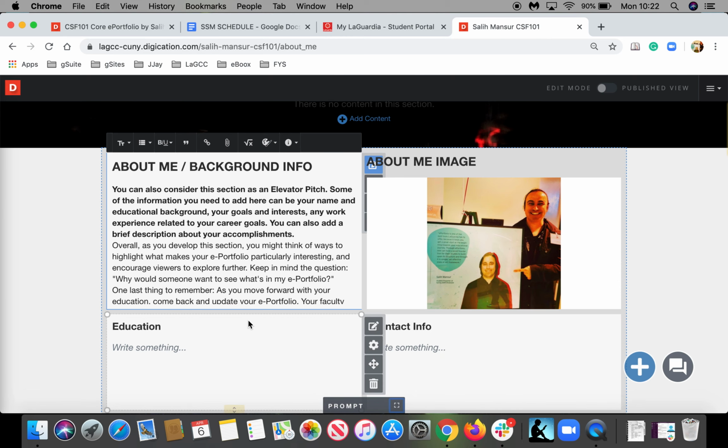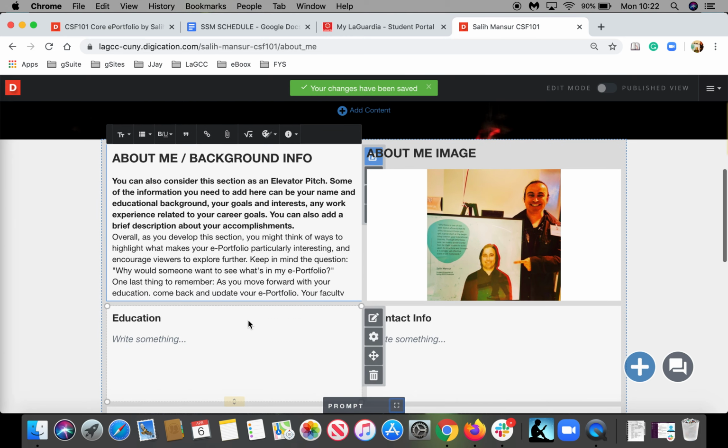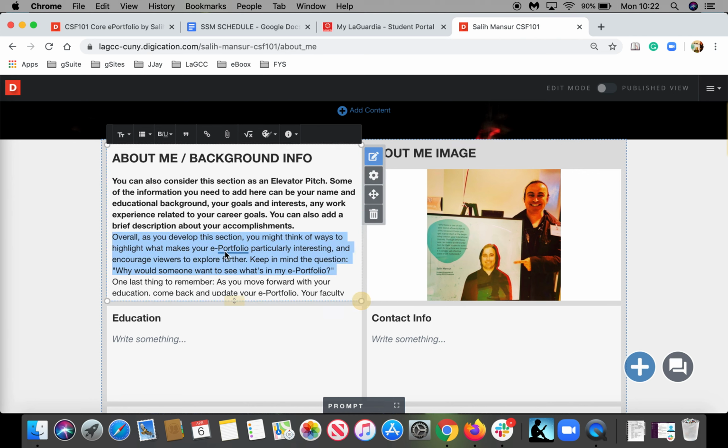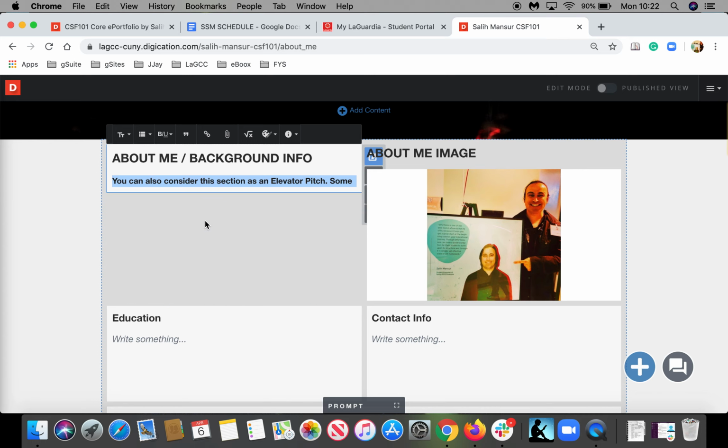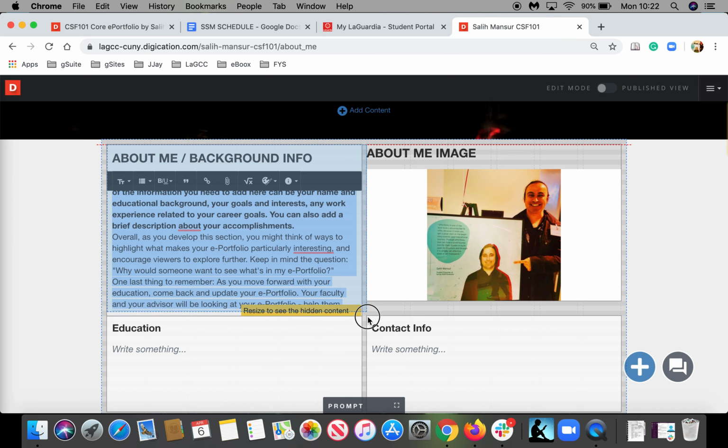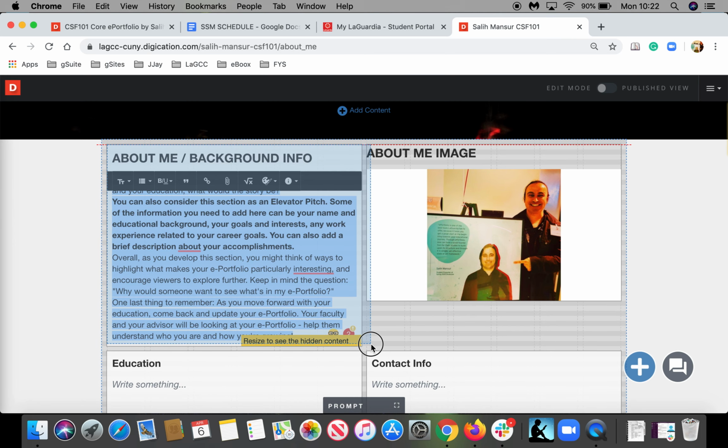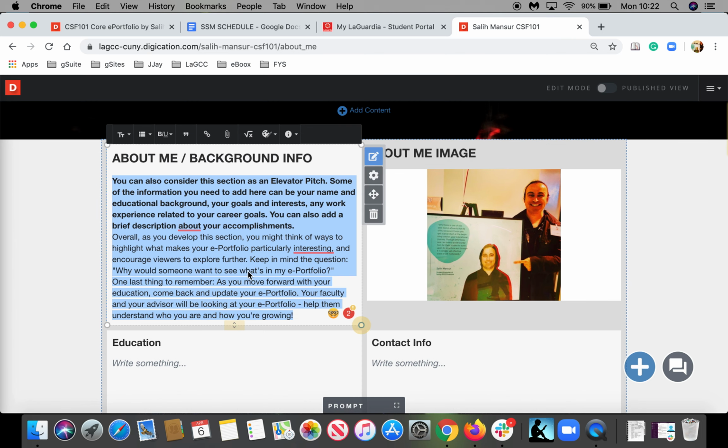Because of my screen size, I need space. I just minimize the prompt, but I can always come back to it. But the reason I put the prompts right here is because I have them handy. I just follow the instructions. It's not much, but it just tells you